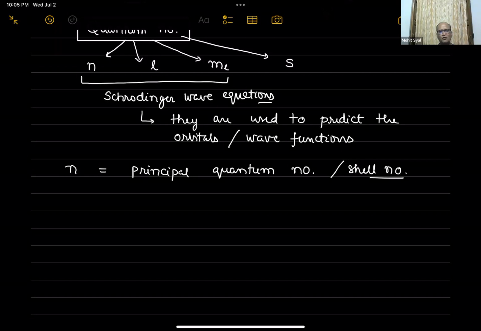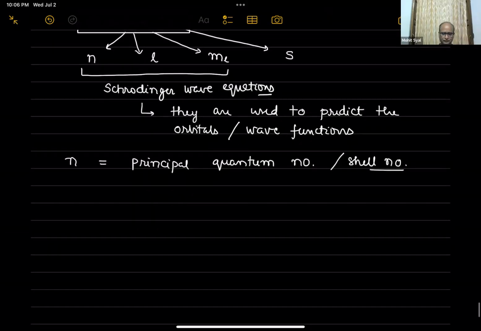So instead of solving all those mathematical equations, we will try to figure out how those waves look with the help of this quantum number. If the quantum number is 1, it means the electron is present in the first shell. Actually, these numbers are put in those equations, and you get the functions for each electron and you plot them around the nucleus. For sodium, 11 wave functions will be there.